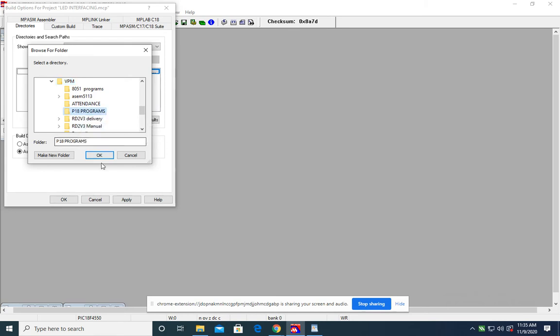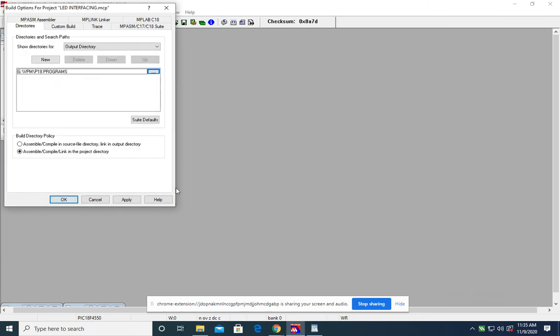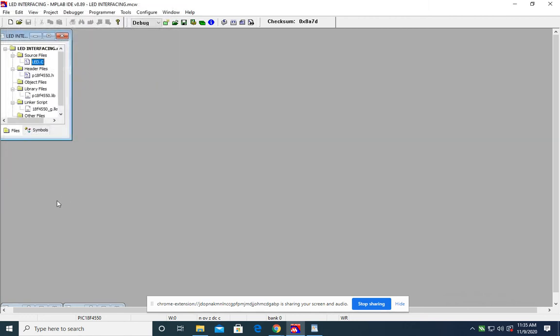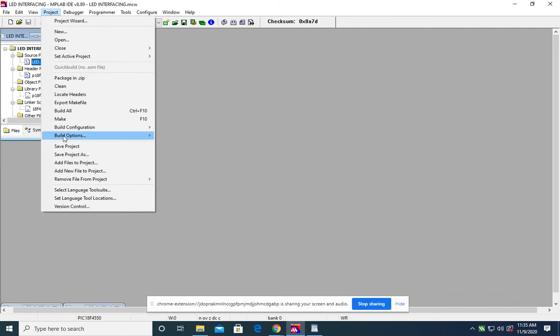Select your folder and click OK, then Apply. This folder will act as the destination for all the files after compiling. Click OK, and this will be your selection.